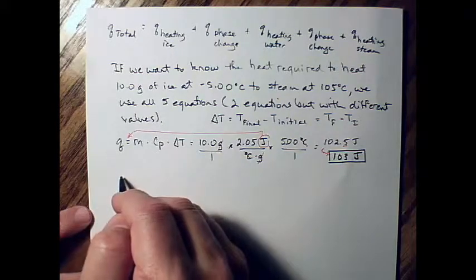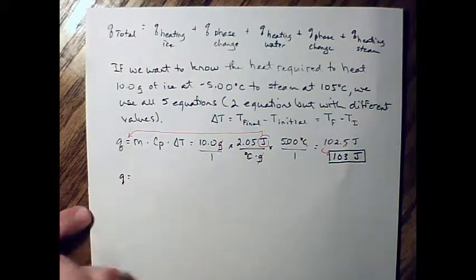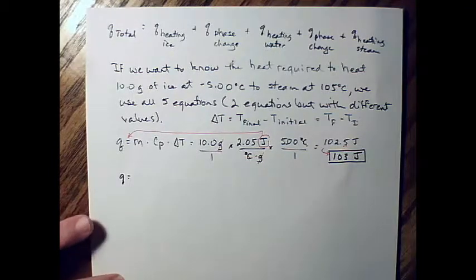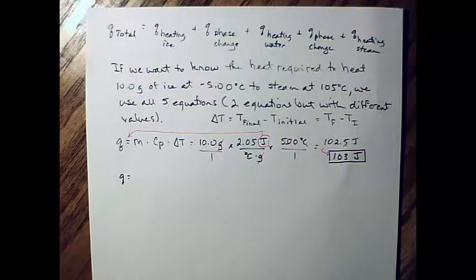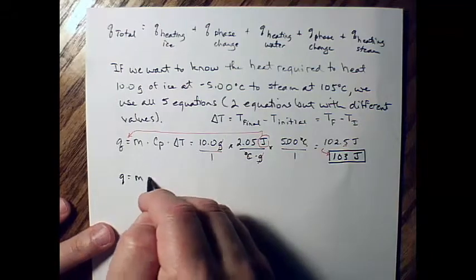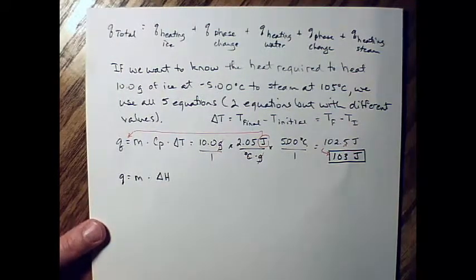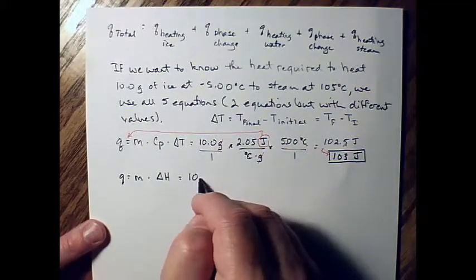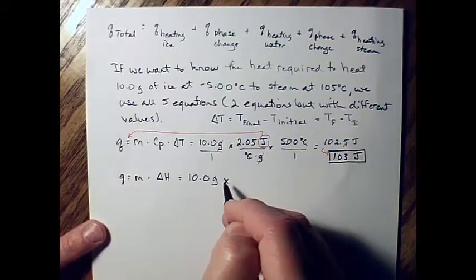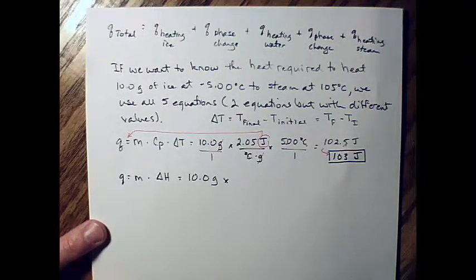Then when we get to the melting phase, where we're going through the point where we're up at 0 degrees C, and we're going to change it from solid to liquid. The equation is mass times delta H. That's the heat energy in the system. And mass doesn't change. It's the same sample of water, so it's going to be 10 grams. And delta H for the phase change between ice and water is,